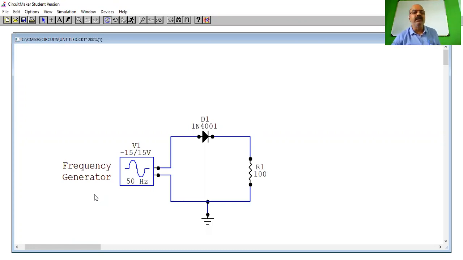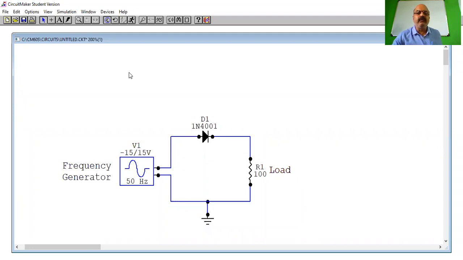So how to give the name? I will go to this A and here I will click, and then in the window I will type whatever name I want to give. Here I want to call this a load. So I will again go to A and here I will just click and here I will say load. I have given the name load to this 100 ohm resistance. Okay, so in this way you can name the components also as per your wish.